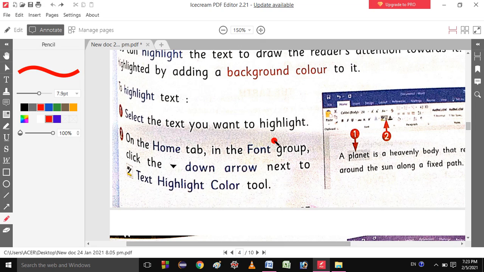How can you change the background? Select the text you want to highlight. On the home tab in the font group, click the drop down arrow next to the highlight color tool. So first you need to select the text.